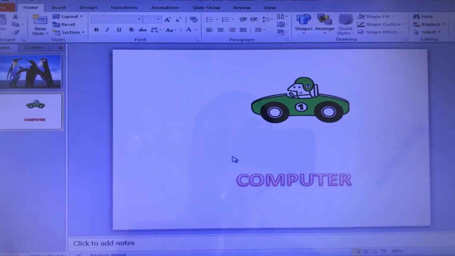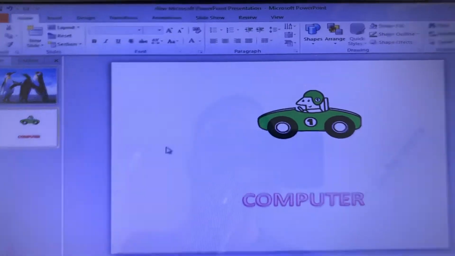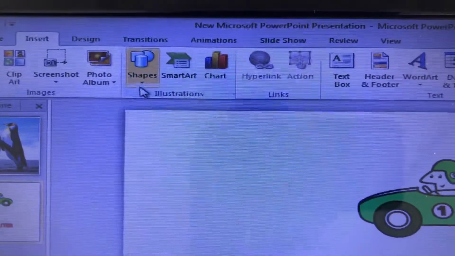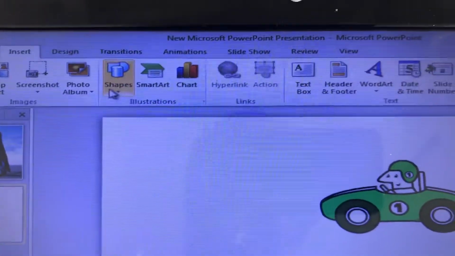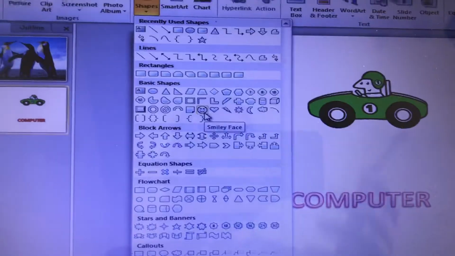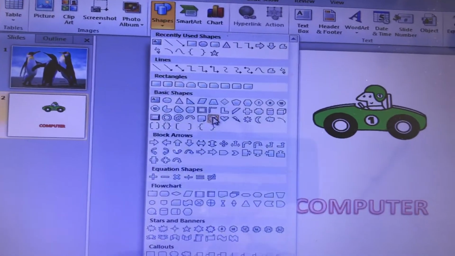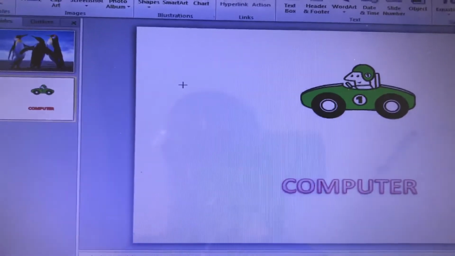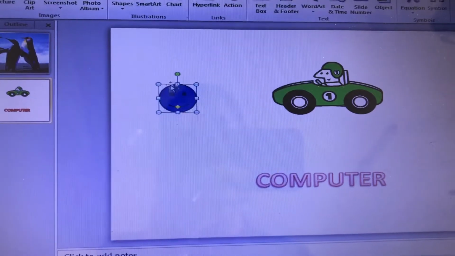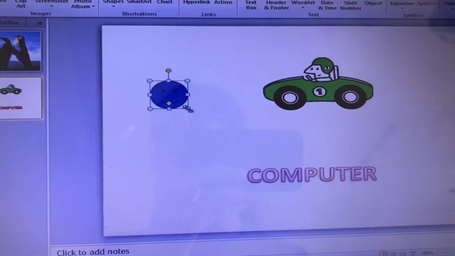Now let's see how to insert shape. Okay, how to add shape to a slide. So we are inserting something, so where we will find this option? In insert tab. So we have to go to insert tab. Here is a shapes option in illustrations group. Okay, you have to click on shapes and then from here you can select any shape. Okay, and then click on it. I'm selecting the smiley shape, and then click on the point you want to insert it, okay, and it will be inserted, okay, or you can drag it to draw the shape.